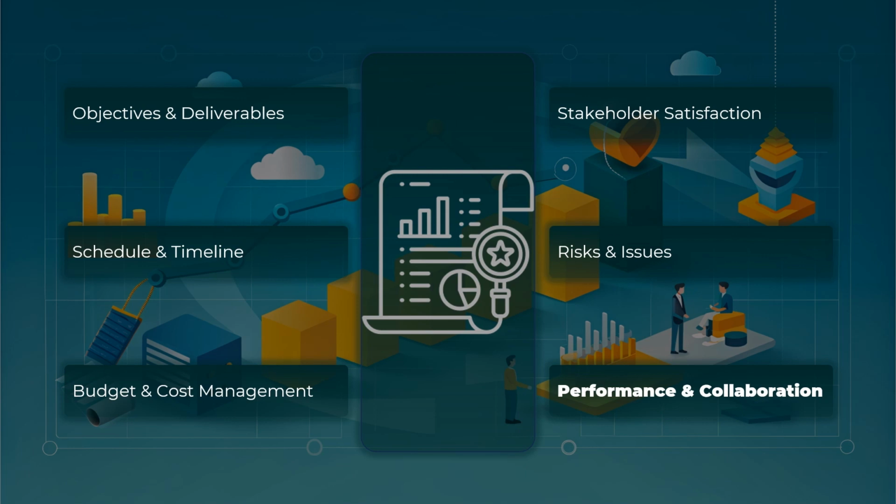During the project review, it is essential to evaluate the team's performance, including their ability to meet deadlines, work together effectively, and communicate efficiently. Any challenges or areas for improvement should be identified to enhance team performance in future projects. In summary, these key elements provide a comprehensive framework for assessing project performance, identifying areas for improvement, and informing future